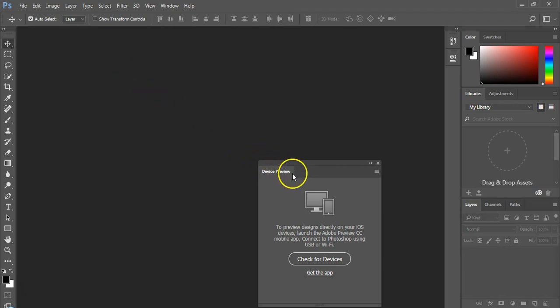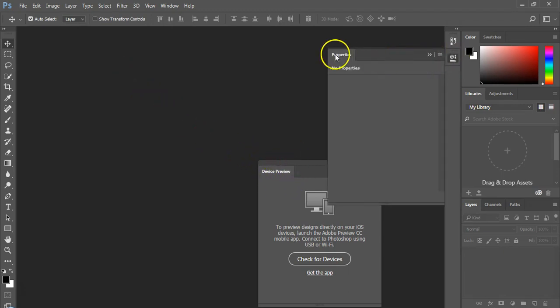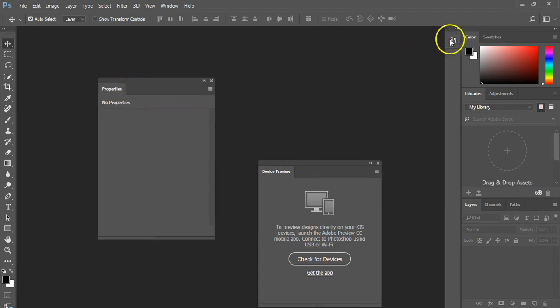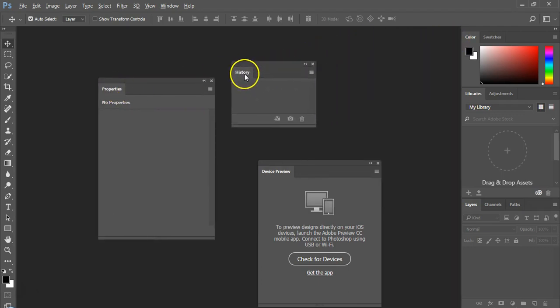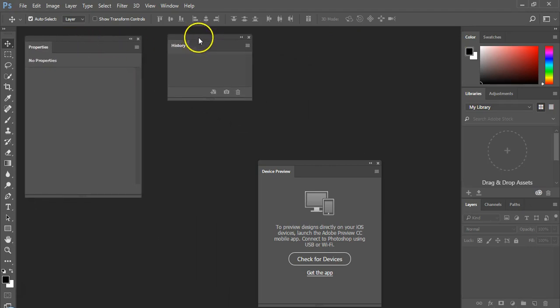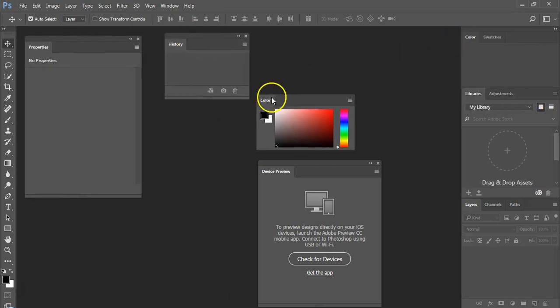Now click the other icons from the vertical panel and drag out their panels. Similarly, drag out the vertical panels and their tabbed panels one by one and spread them out in the middle.